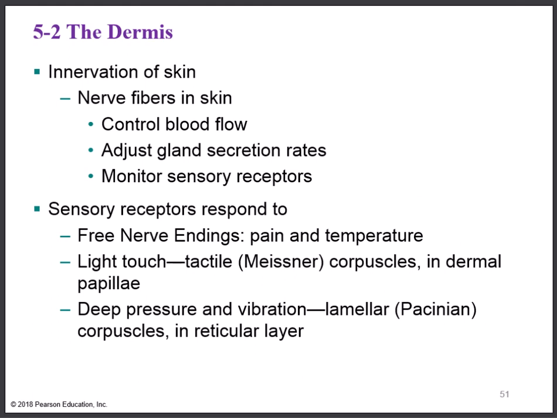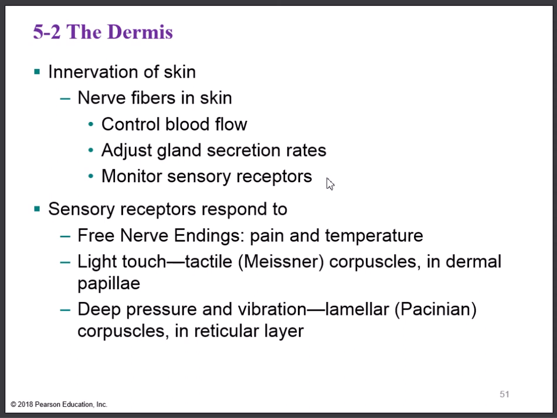We had mentioned in part 1 that the integumentary system has a close connection to the nervous system. So let's take a look at what are some of the things that the nervous system does for us in the integument. First of all, these nerves actually control the blood flow into your skin, right? There's certain times that you have more blood in your skin, other times you have less. These will actually turn on some of our glands. We'll get more into that in part 4 of our lesson, the different types of glands. So these nerves will turn on certain glands,